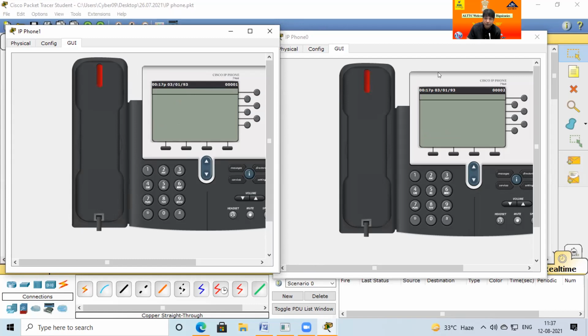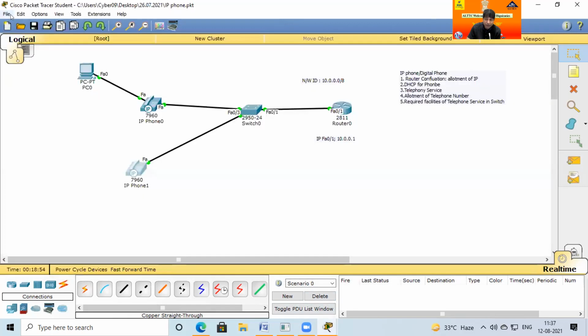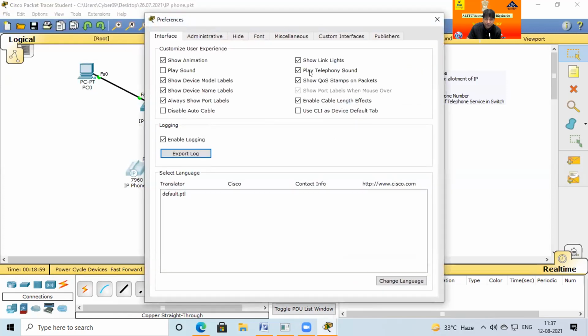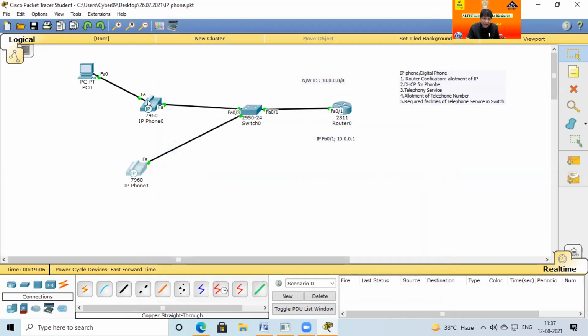So now, before testing this telephone system, I request all to go to the options button, go to preferences, and this pop-up screen opens. By default, telephony sound is not working, so we check mark it. And now I am dialing from this number to this number. You can listen and also dial the number.